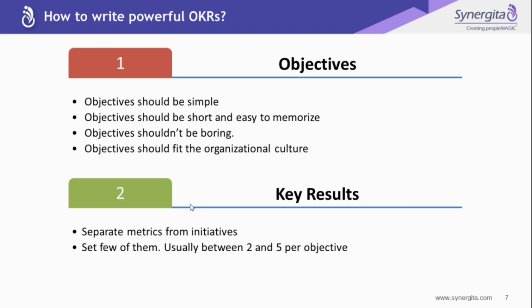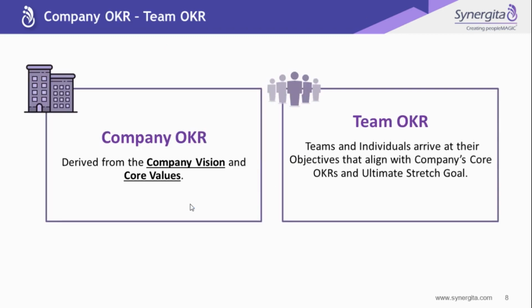Based on our experience implementing OKRs in many organizations, we usually recommend not creating too many key results. This will help with prioritization. When you have too many objectives and key results, you will not be able to stay focused, and there will be so much distraction. So we generally recommend a minimum of 2 to 3 objectives and 3 to 5 key results for each of the objectives, so that it helps you in prioritization and keeps you focused on the most critical deliverables. A good practice is to limit your key results to just 3 to 5 per objective.